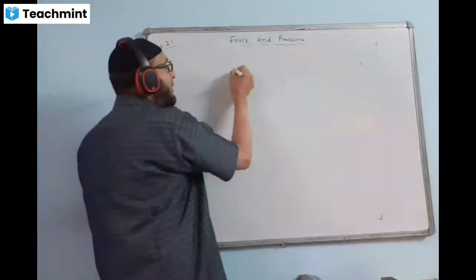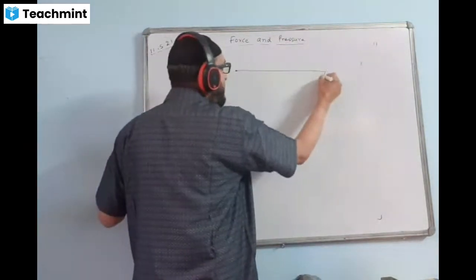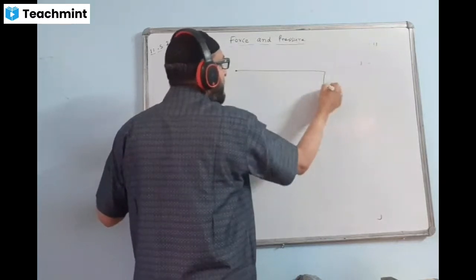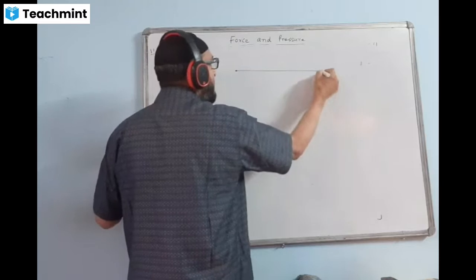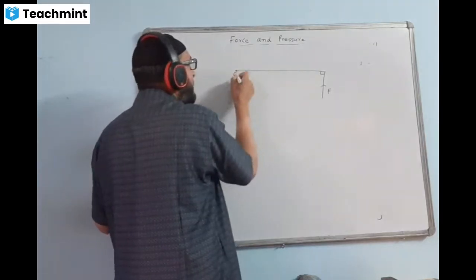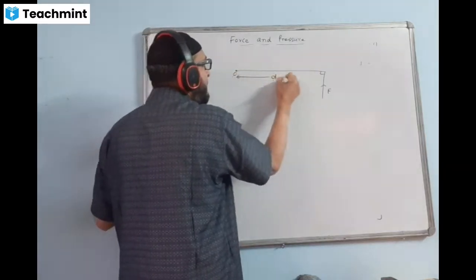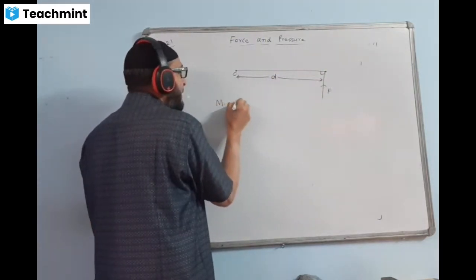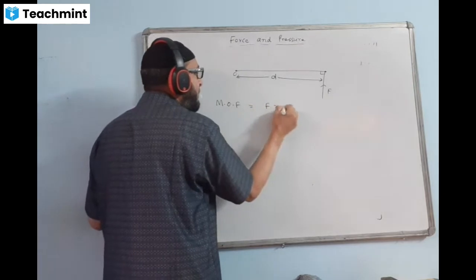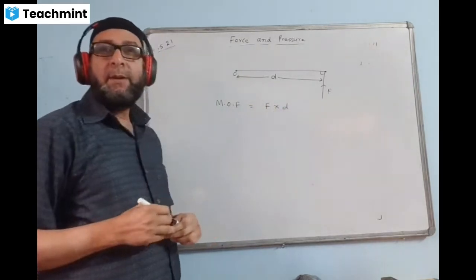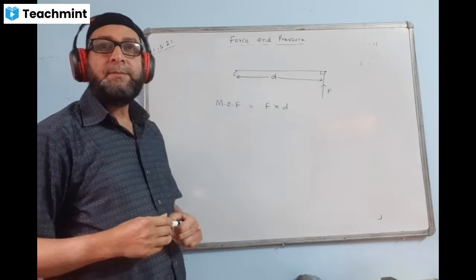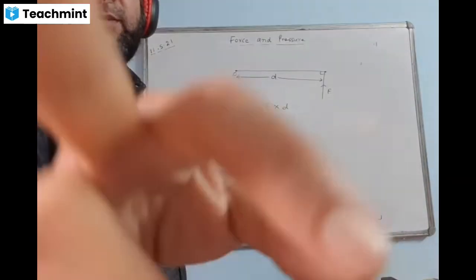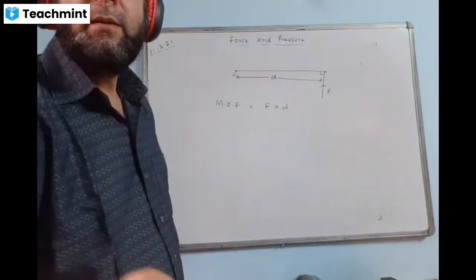And if you remember, I had drawn the diagram also last time. The diagram was like this. We may be giving a force either this way or this way. There is a force given perpendicularly, and here is the pivoted point. This distance is supposed D, the perpendicular distance. Then the moment of force, that we write MOF, the formula will be F into D, force into the perpendicular distance. That would be the formula, isn't it?